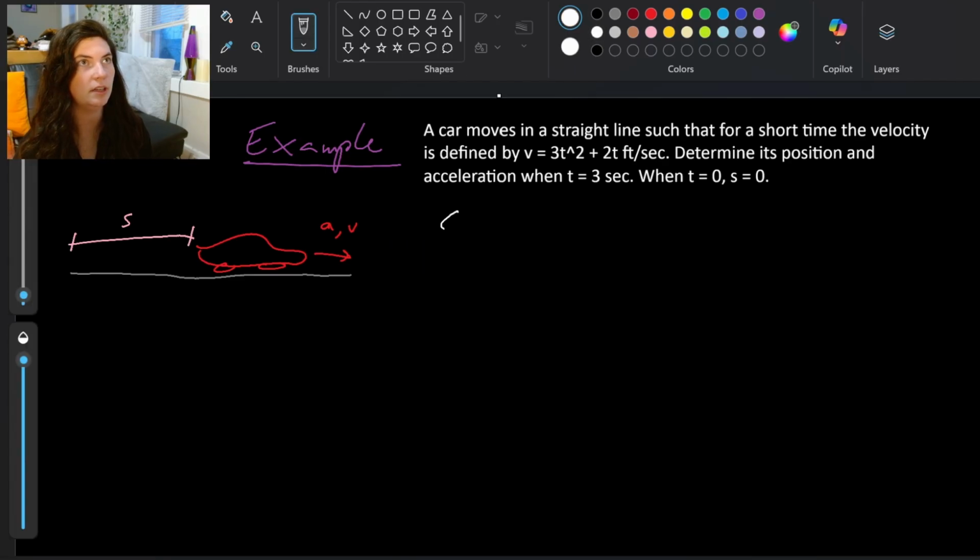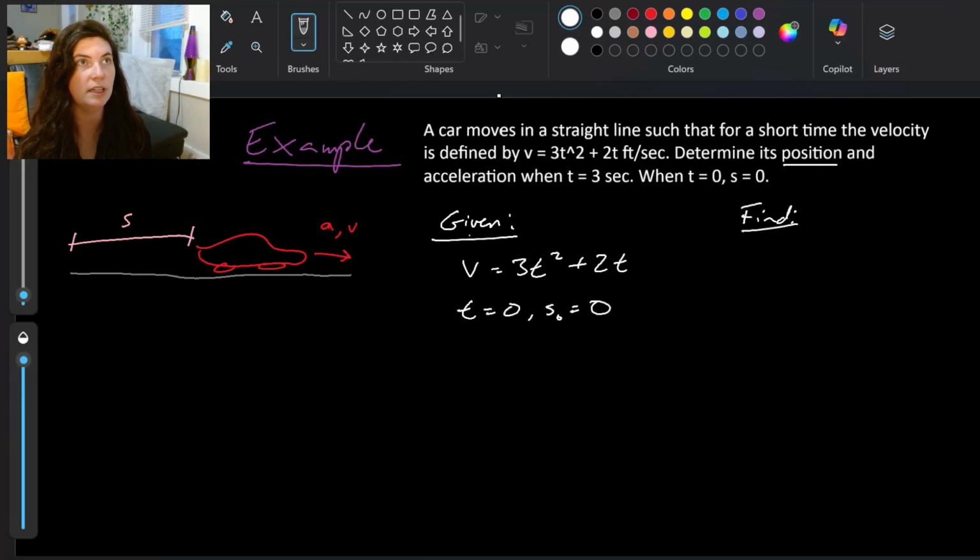All right, so we're given a velocity function. Velocity is 3t squared plus 2t, and that's in feet per second. Already we have this relationship between velocity and time. We're also given that at the initial time t is 0, our initial position s is also 0. What we're trying to find is we want to determine its position and acceleration when t is 3 seconds. So we're trying to find what s is at t equals 3 and find what acceleration is